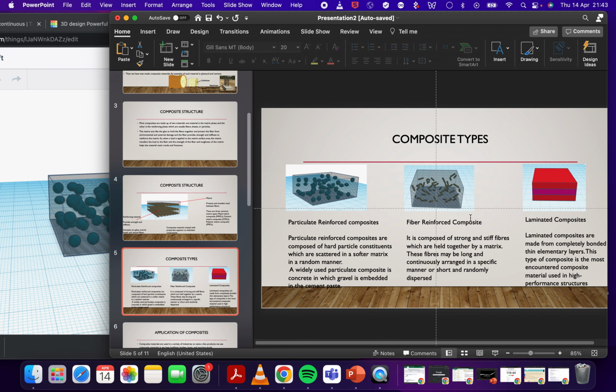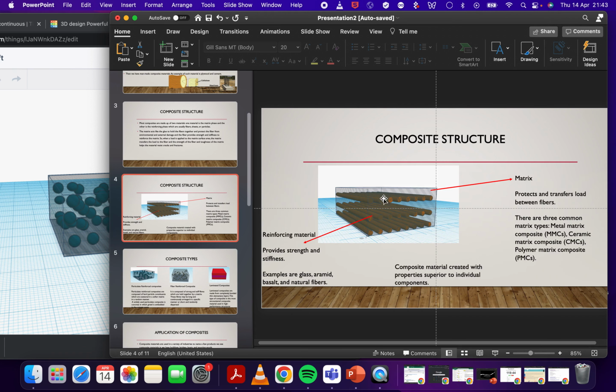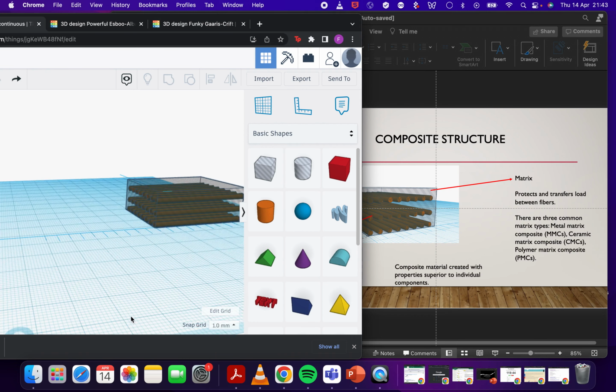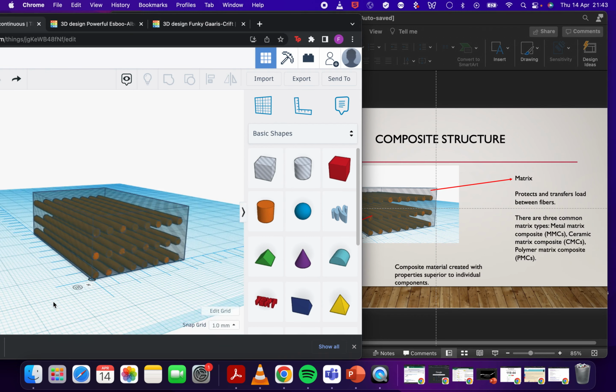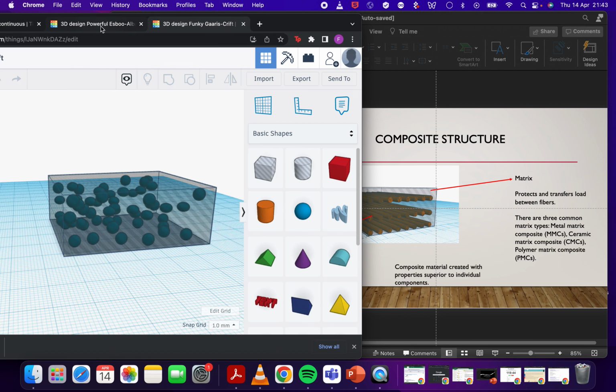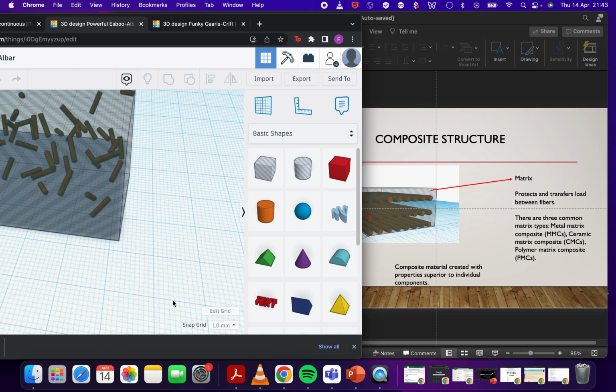And we could have fiber reinforced composites, which are composed of stiff and strong fibers held together by a matrix. As you saw in the previous picture, these fibers may be long and continuous. This is an example of a unidirectional continuous fiber reinforced composite, or